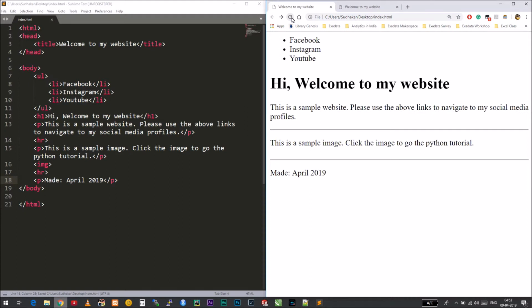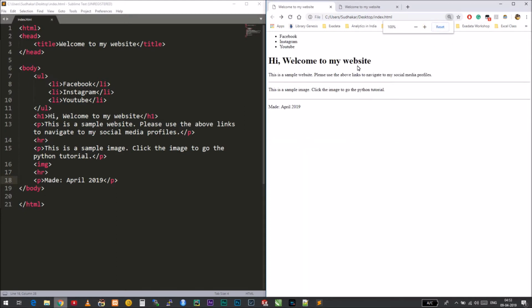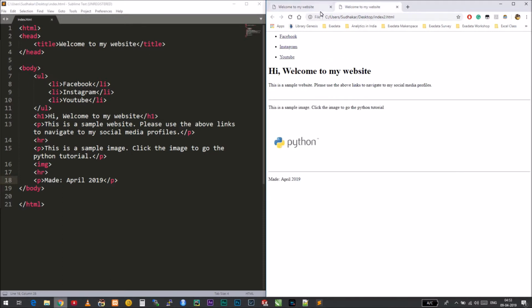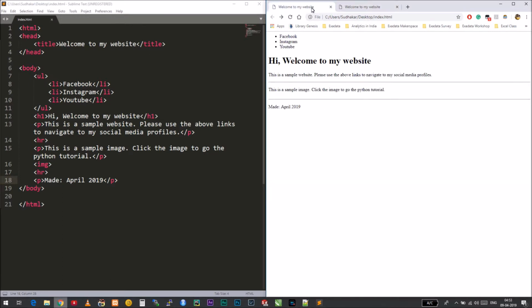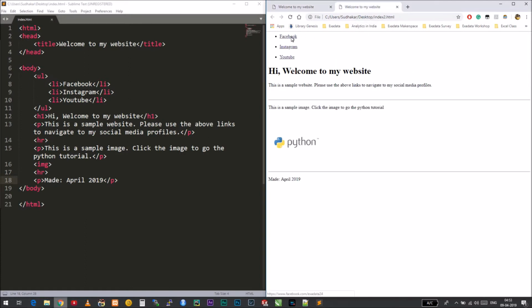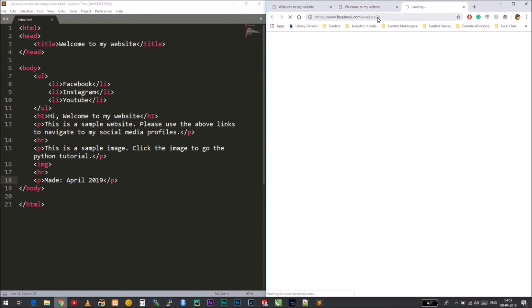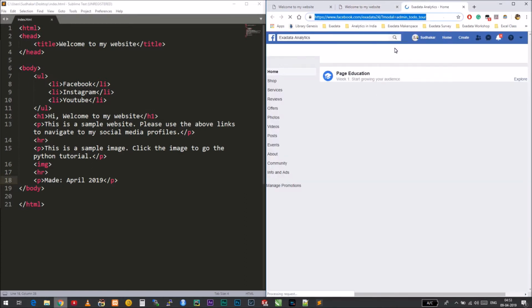So this is how my page looks. I will refresh my index. As you can see, this is how my page looks. It's somewhat similar to what you can see there, but there are a few things missing. As you can see, this is a link to the Facebook page. If I click, it's opening a link. I will copy this link,